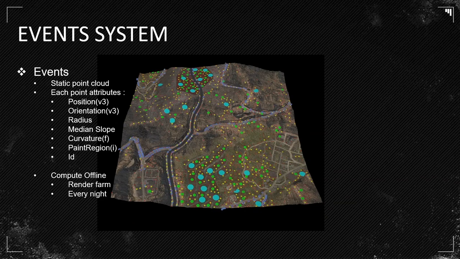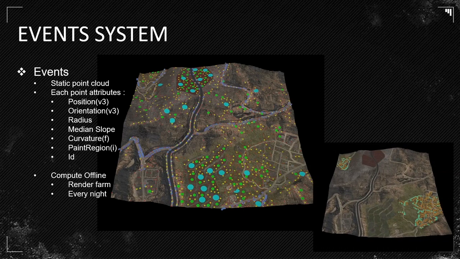So it means at runtime, this point cloud is available, and we can check around the player to find valid points, rather than sending a lot of rays and draining your CPU to try to find out where is the best spot to spawn an enemy or an activity or whatsoever. We already know what are all the best spots and what the size of activity or stuff we can spawn in every location. So it's a pre-analysis of the game to help computation at runtime.